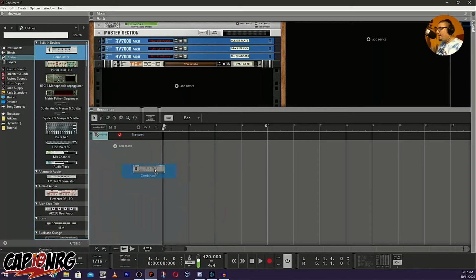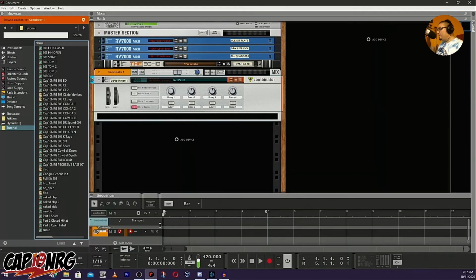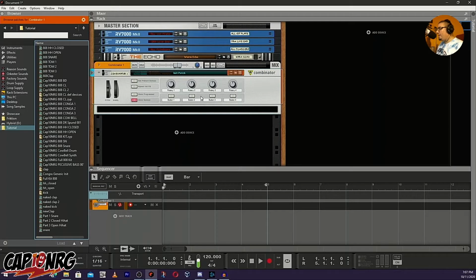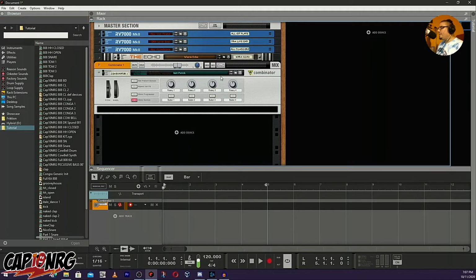What the combinator does, if you're not familiar, is it basically lets you build a set of rack modules into a little box. This little box will do a few things. One is that it will allow you to control the devices within with these controls right here. You can wire them up using the programmer, which is right here,